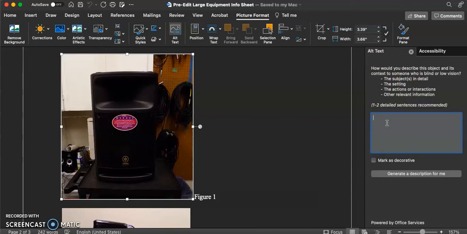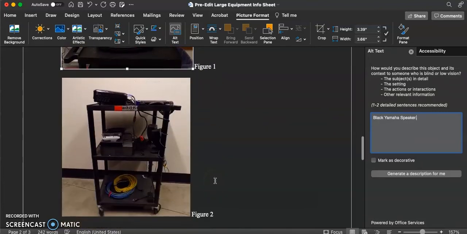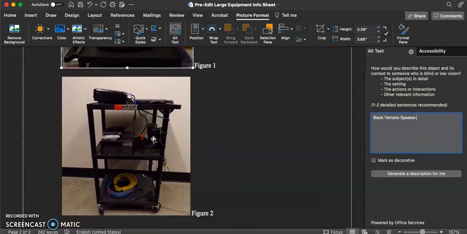So based on the context of this document, we are going to go ahead and write the alternative text as a black Yamaha speaker. Now we will continue to create the alt text for the rest of these images.